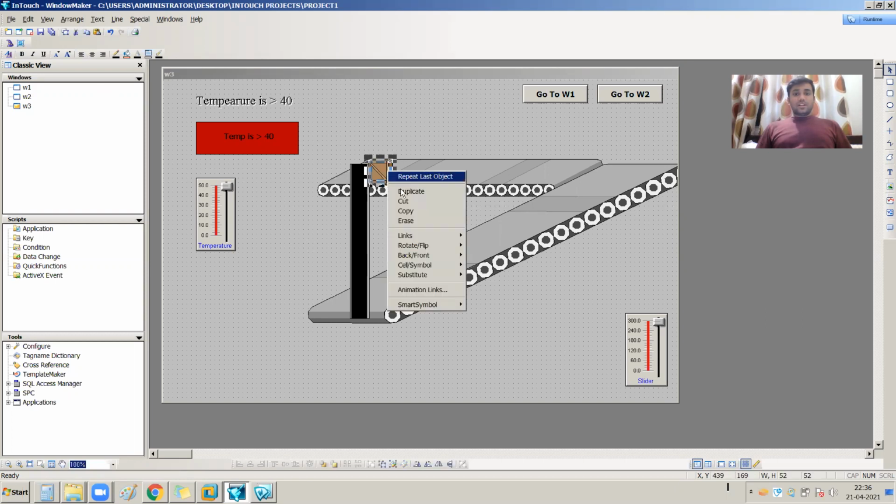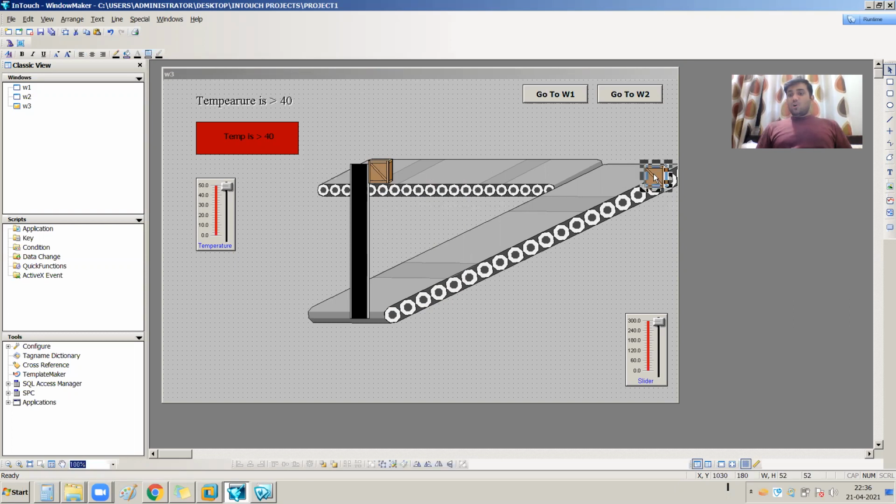For example, I am duplicating this box, and it will move diagonally from 200 to 300 value of my slider. So what should be the horizontal movement and what should be the vertical movement for this box? That I need to calculate.